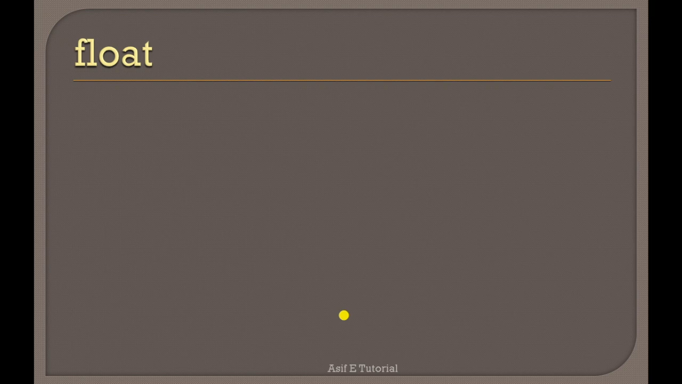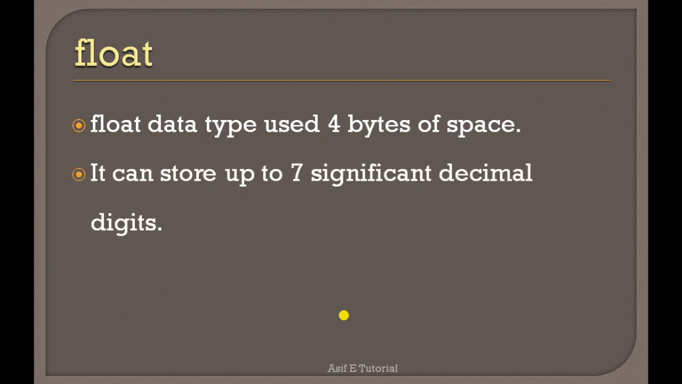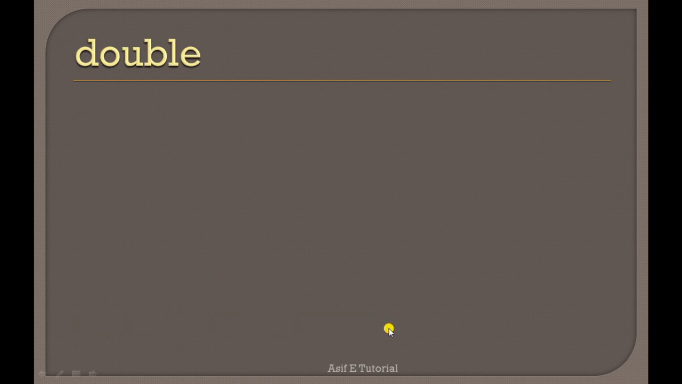If we want to store decimal numbers, then we have two data types, float and double. Float data type uses 4 bytes of space, and it can store up to 7 significant decimal digits. It means after decimal point, 6 to 7 decimal places it can store. Default value is 0.0f, and how to store the value in float? 15.24f. We have to write f because